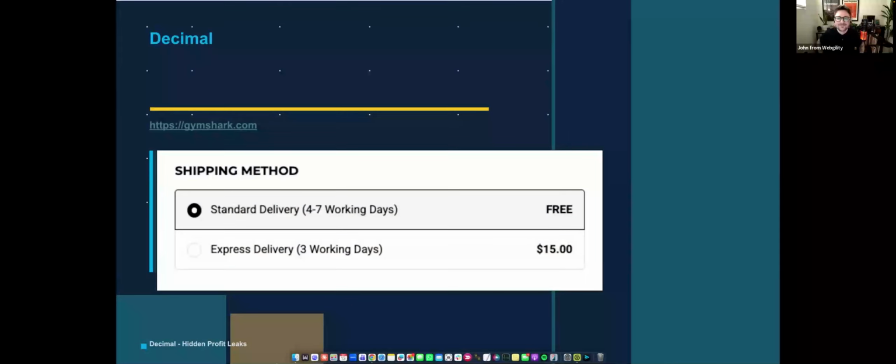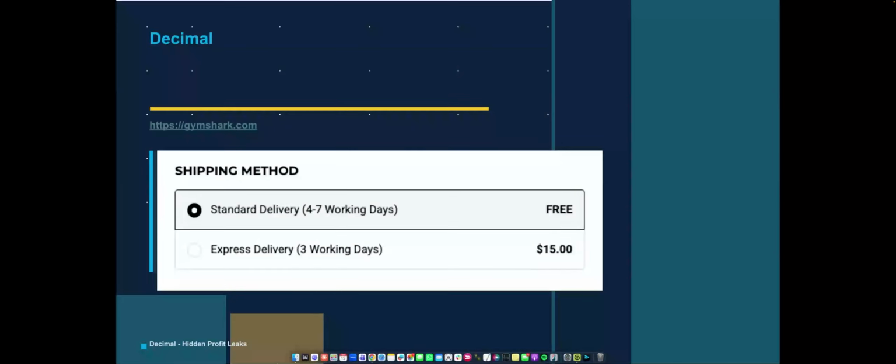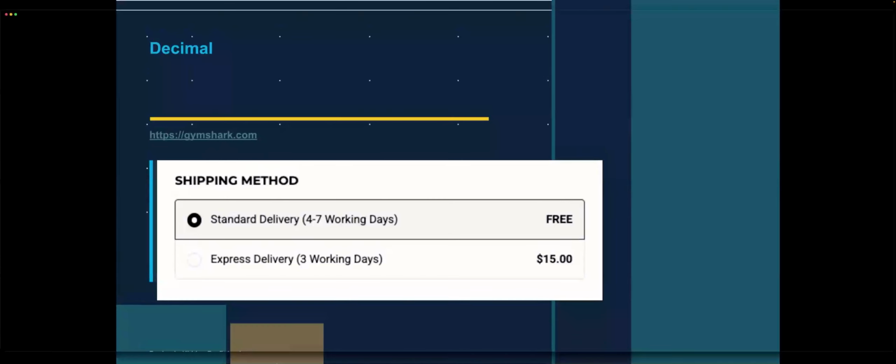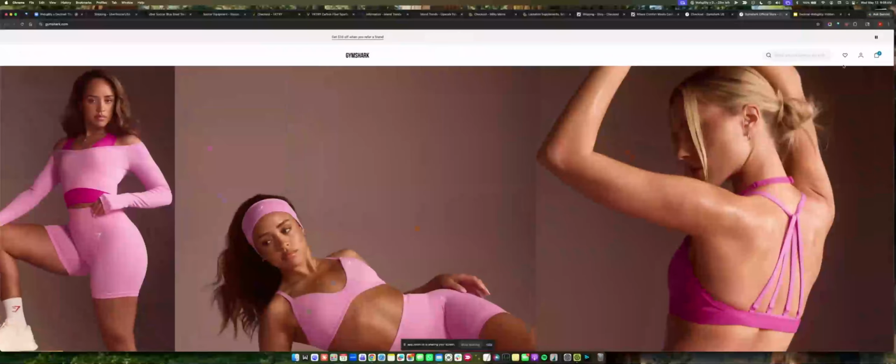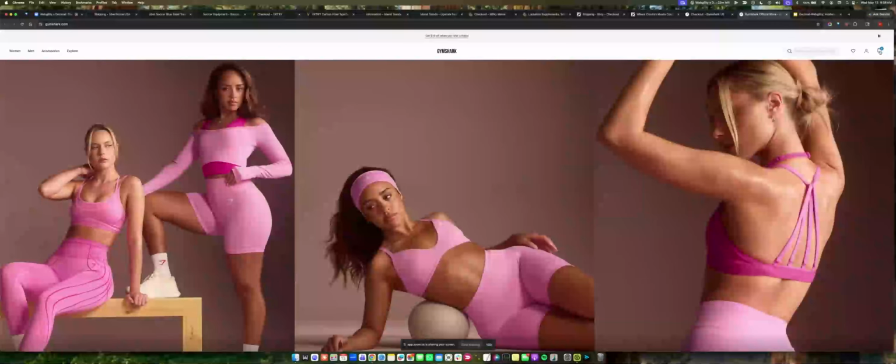Perfect. Free shipping. Well, we all know that shipping is never free, but Amazon has caused everybody to expect it free. So I'm going to show you a technique that will help offset up to 10% of your shipping costs. So let's go to an actual store. This is from Gymshark, and if you check out something at Gymshark, click checkout, this is what you will see: